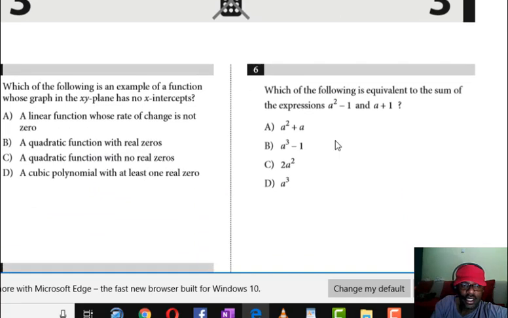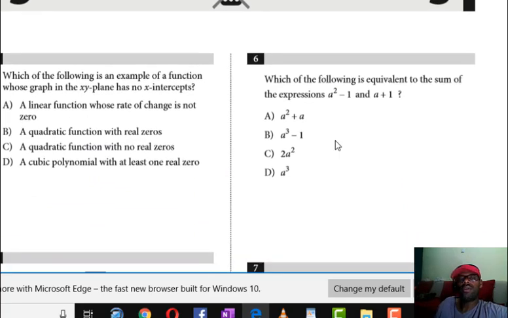እሺ ወደ አራተኛ ጥያቄ እንሂድ: which of the following is an example of function whose graph has no x-intercept. Okay, ይሄ ደግሞ x-intercept የለውም ነው, zeros የለውም ማለት ነው, never cross the x-axis ማለት ነው። እሺ a linear function whose rate of change is not zero. Rate of change ማለት slope ማለት ነው, gradient, that would be